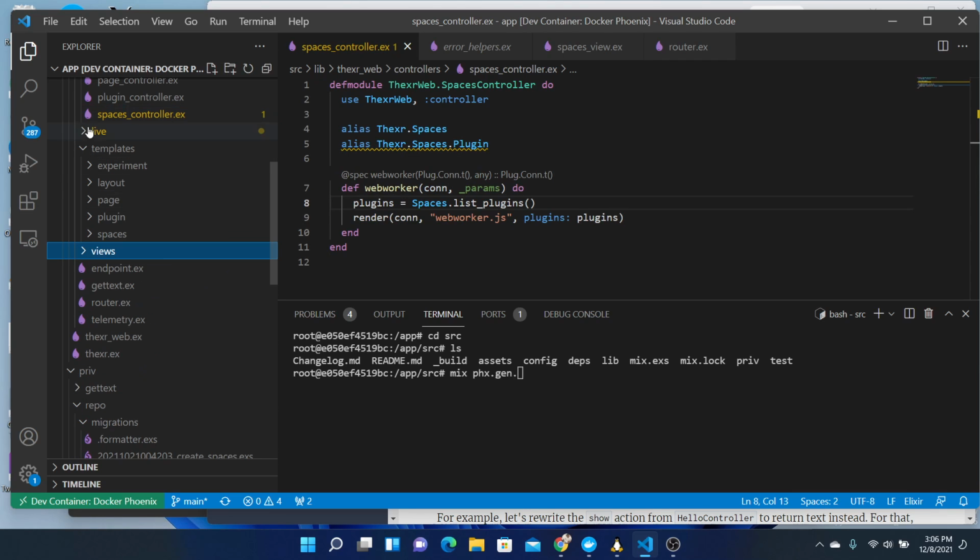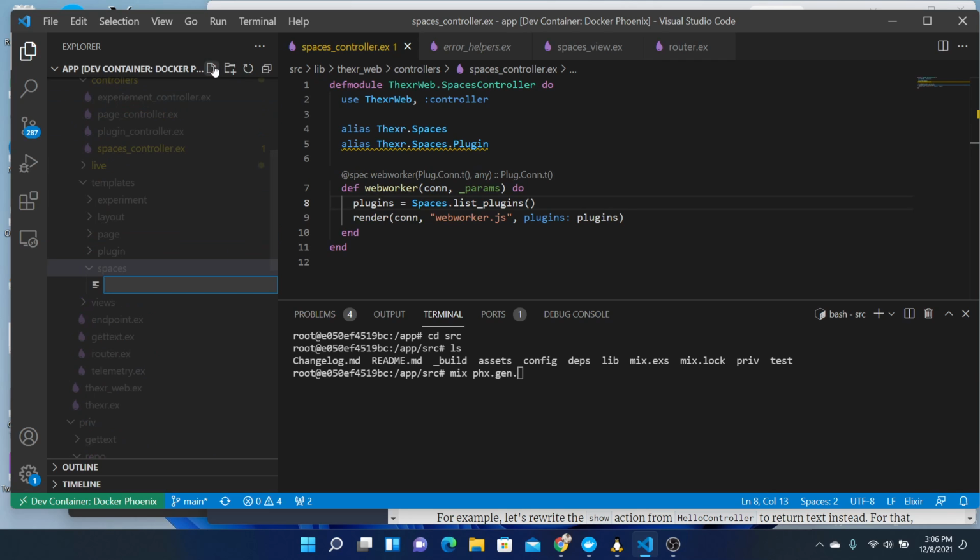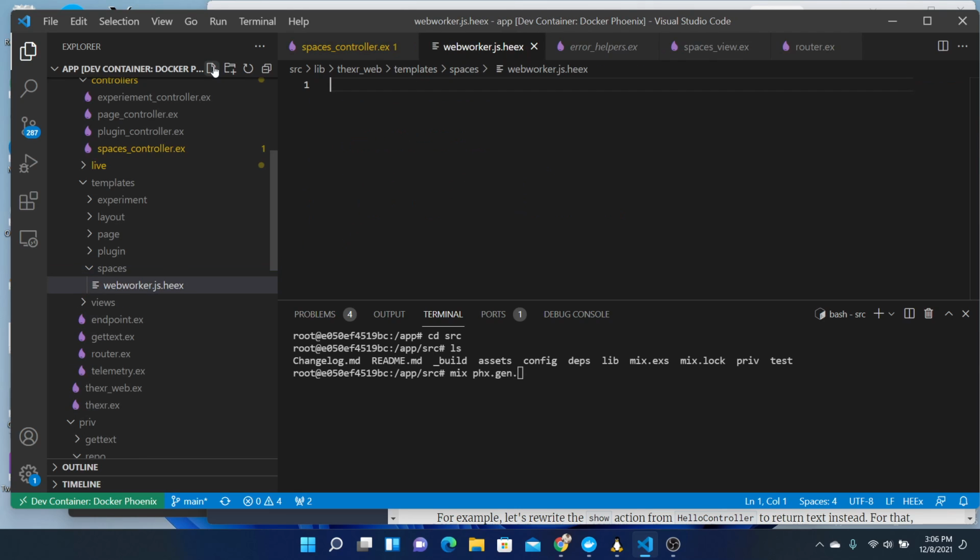now we got to create that template, which is in spaces. And we'll say web worker dot JS dot HTTP. Okay. From 16 to 30. X, I guess. And console.log hello world. So